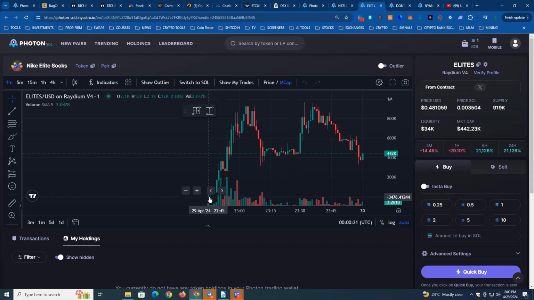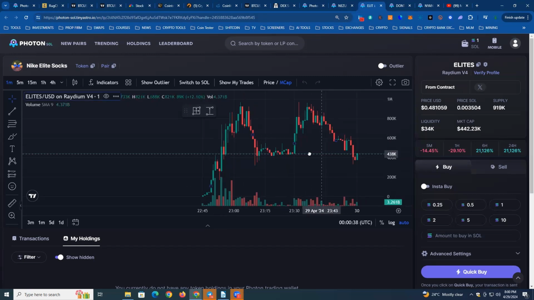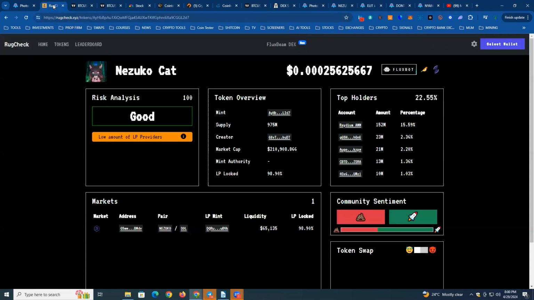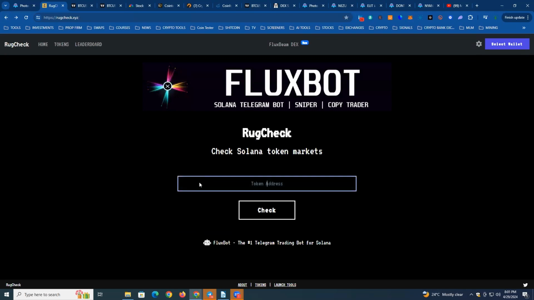Here we see that it has had its first bounce, its second bounce, and there is a potentiality for a possible third bounce. So this may be a potential coin that you may want to invest in if it passes the due diligence requirements. For the quickness of it, you hit the contract address, you quickly go to rug check, enter the contract address,